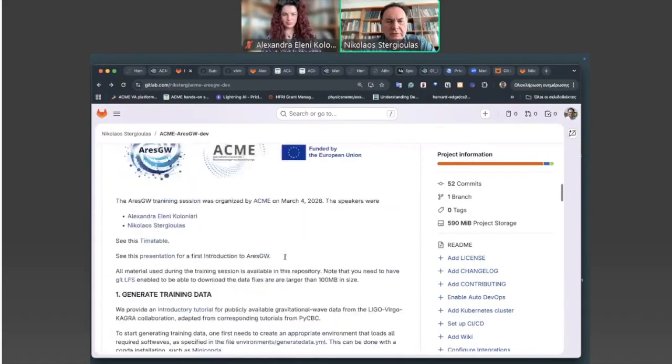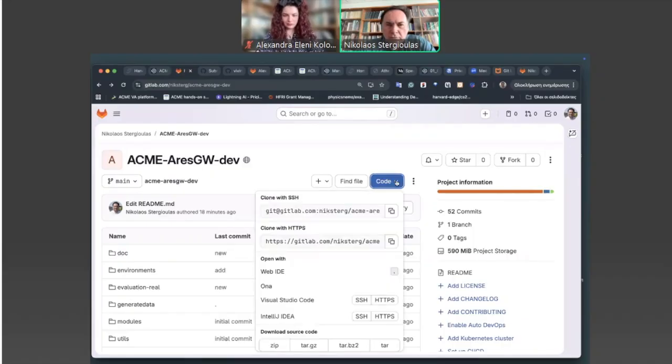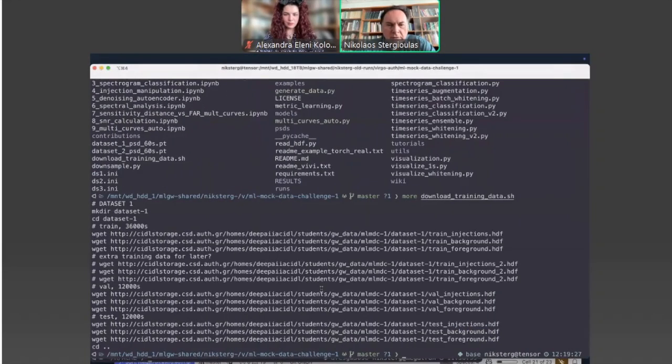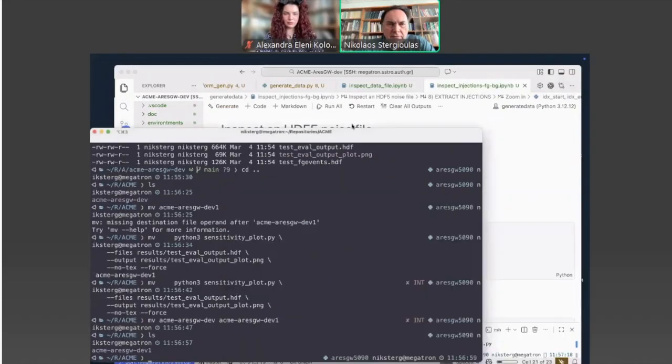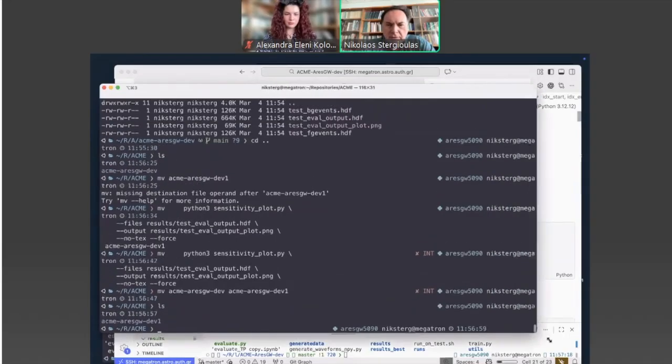So why don't we try? First of all, I assume that most of you are familiar with cloning such repositories, but maybe not everyone, so why don't we do this first? Here I have a terminal.